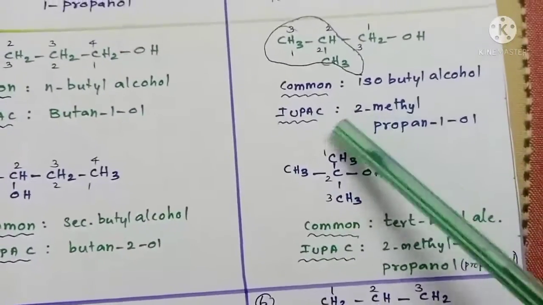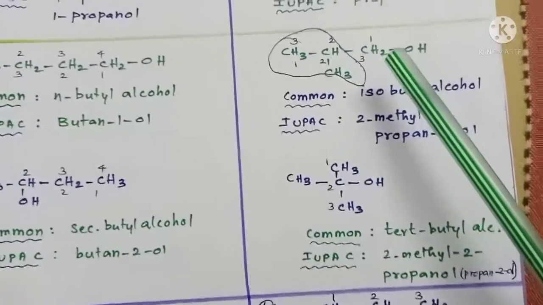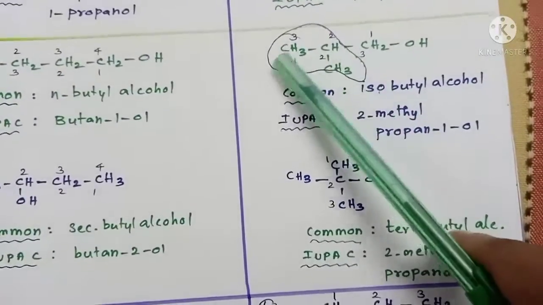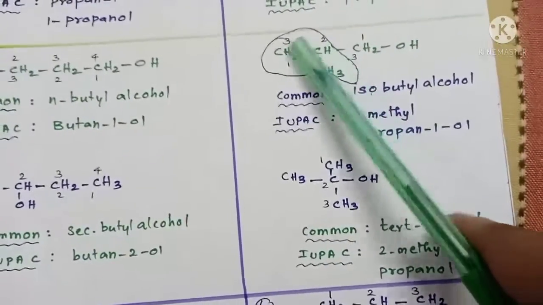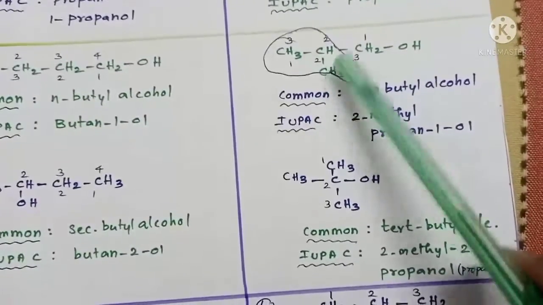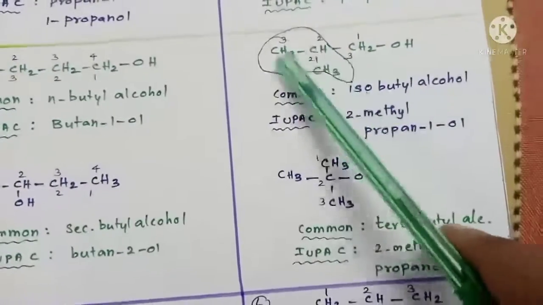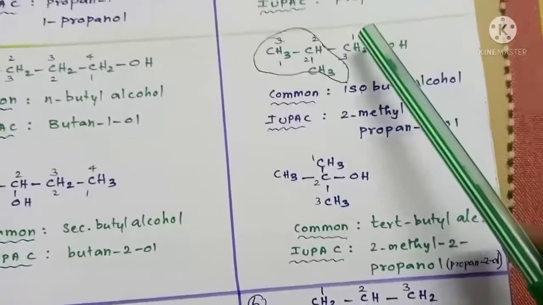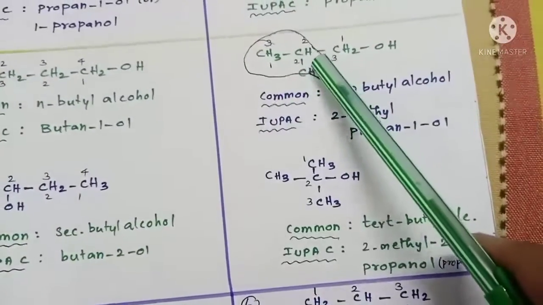Then the IUPAC system. You have to select the parent carbon chain, isn't it? The longest carbon chain in which the functional group is attached. Here we have 3 carbons, this also 3, and this another one 3. But you cannot go for this as the longest carbon chain because the functional group is not attached to it. So you can go for either this one or this one. For convenience, let us take this one as the longest carbon chain. I am numbering in a backward direction to get the least number to the alpha carbon: 1, 2, 3.